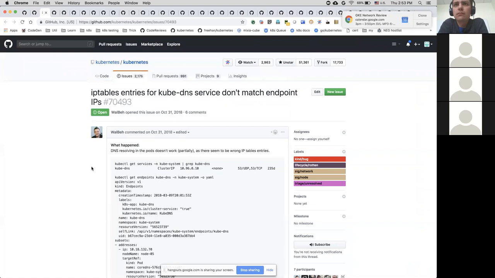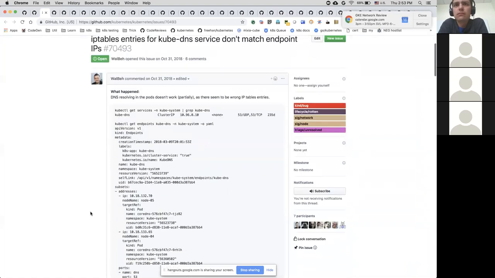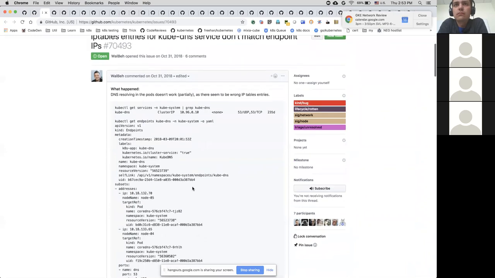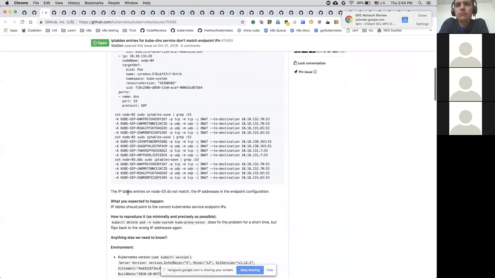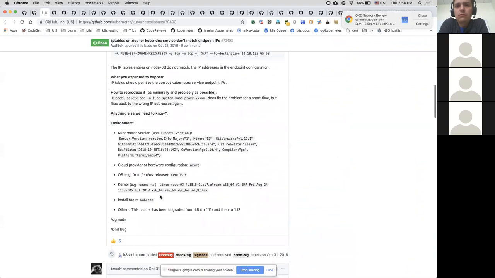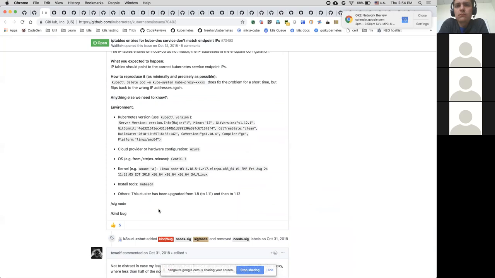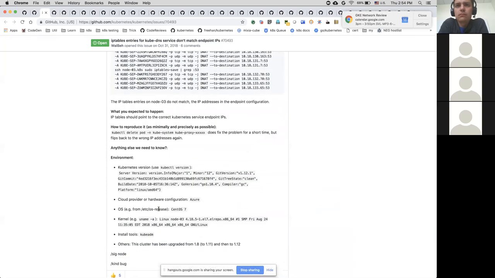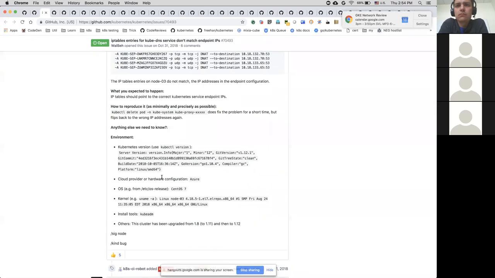IP tables entry for kubedns service don't match endpoint IPs. This is Azure. Anyone from Azure?